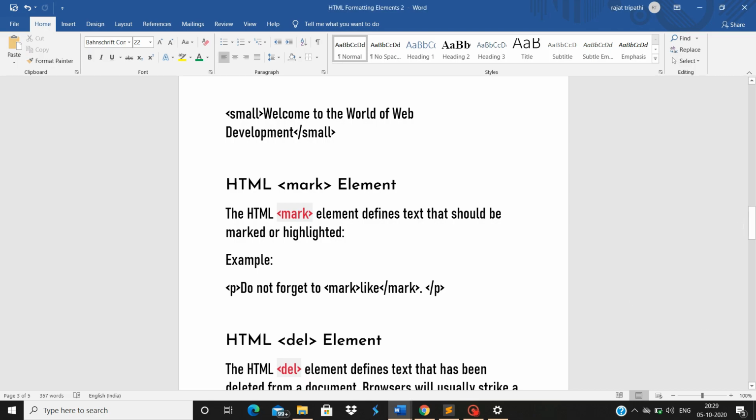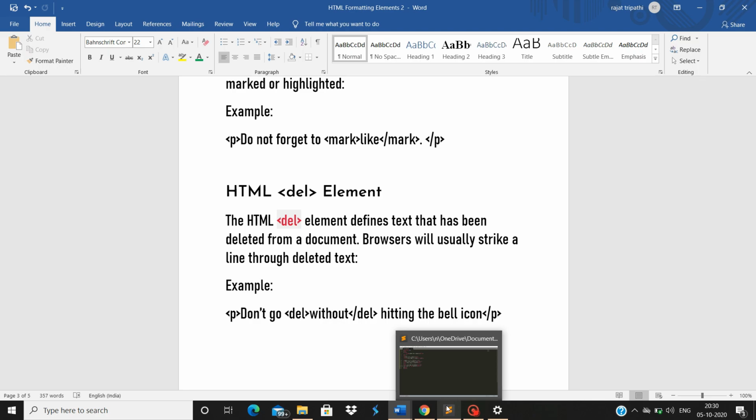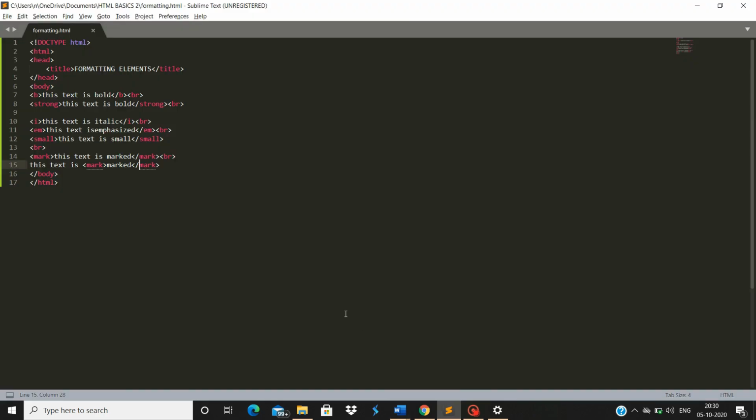Coming next is our del or delete element. I've told you that the delete does not mean that it's going to delete a particular text. I'll show you what it does. This is awesome.